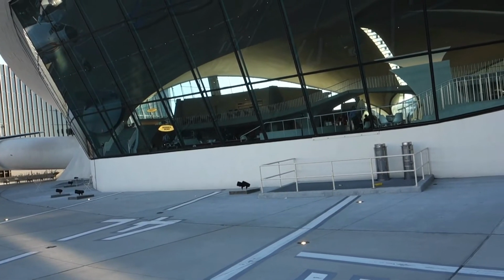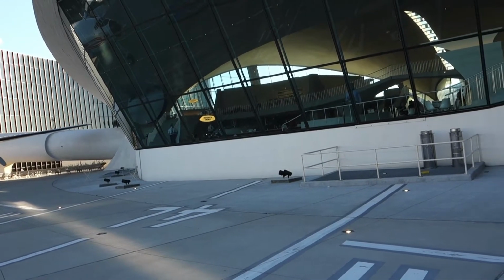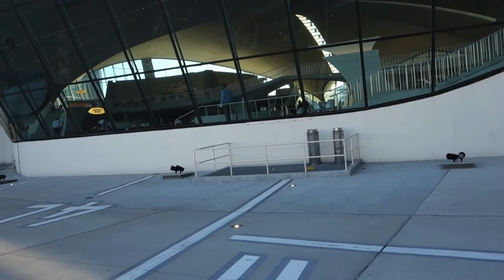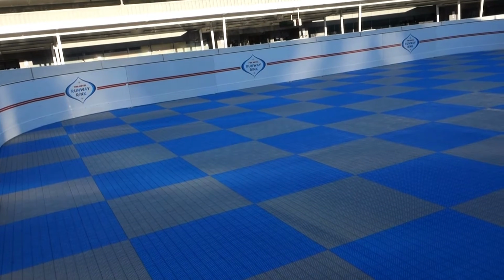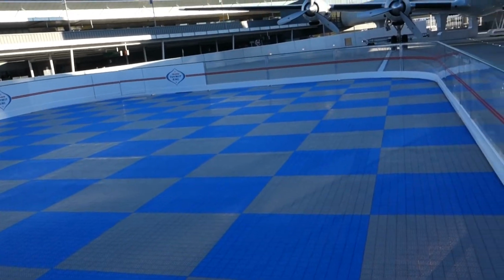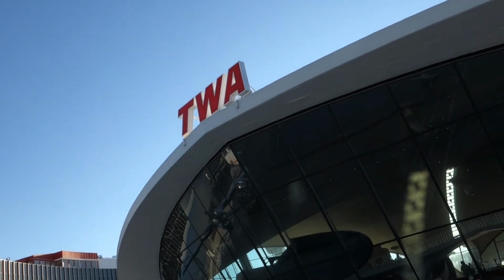Hotel features include 512 ultra-quiet guest rooms with exhilarating views of JFK's runway and the iconic TWA Flight Center, 50,000 square feet of meeting and event space that can host up to 1,600 people. The Paris Cafe and the Sunken Lounge food hall, grab-and-go dining, a rooftop infinity pool and observation deck with runway views, a Lockheed Constellation Connie L-1649A transformed into a cocktail lounge, the world's biggest hotel gym, a 10,000 square foot fitness center,